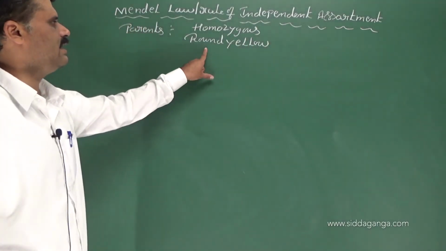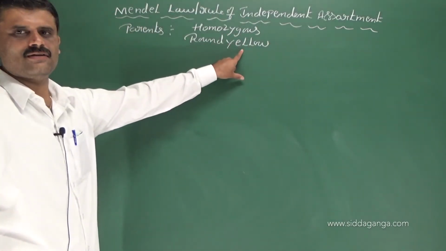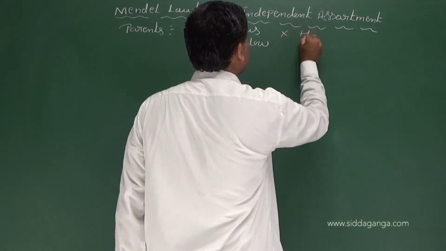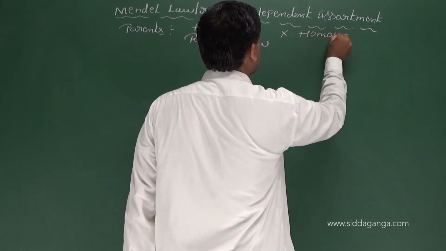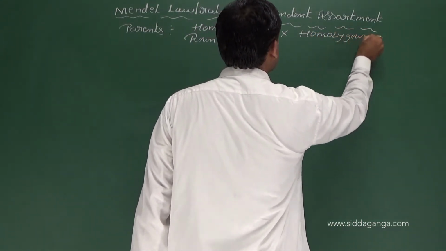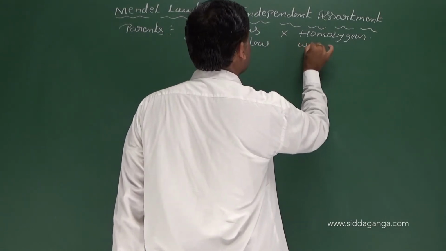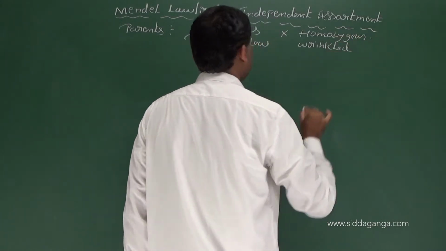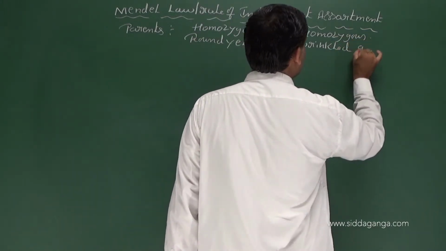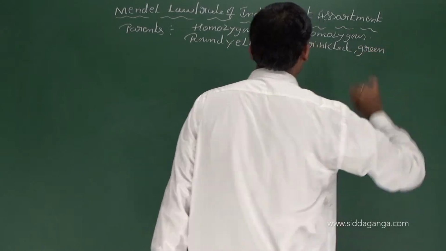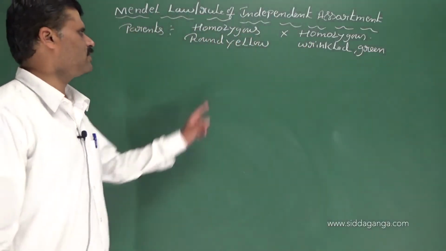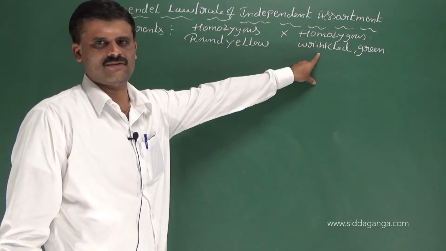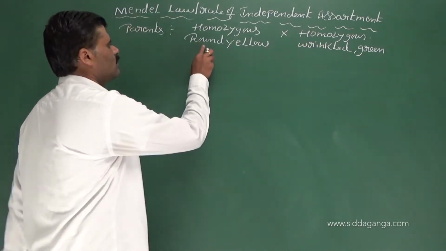homozygous wrinkled seeded green colored seed plant, or we can take round and green, yellow and wrinkled. Okay, no problem. So round seed